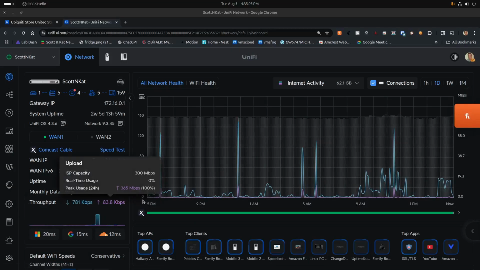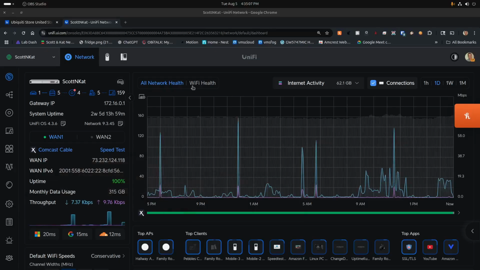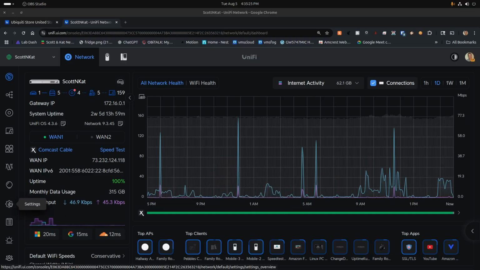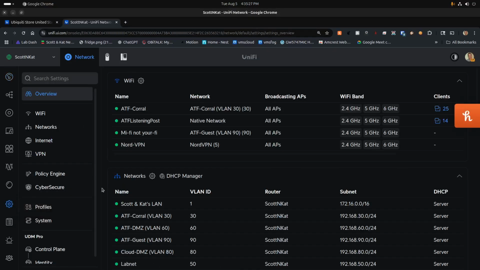Here I'm logged into unifi.ui.com, and what we're looking at here is the network controller program for my Ubiquiti Unifi UDM Pro. And so the UDM Pro, although it does not have the name cloud in the gateway, is a system that is a cloud gateway. And the way we can tell that is if we go down to the gear and